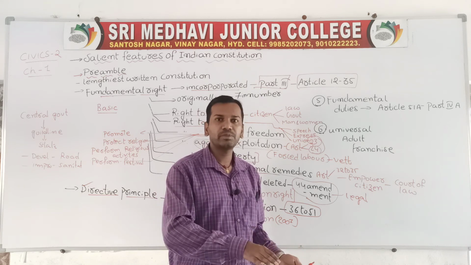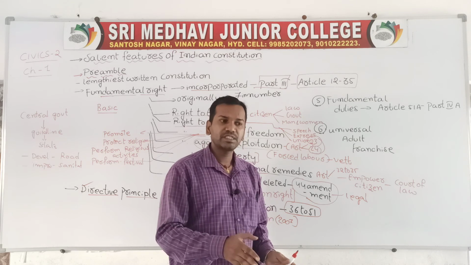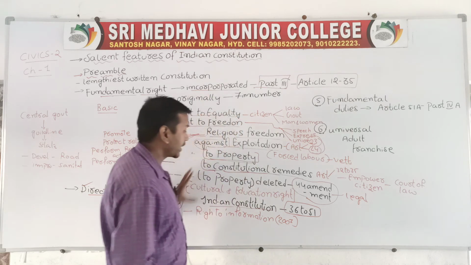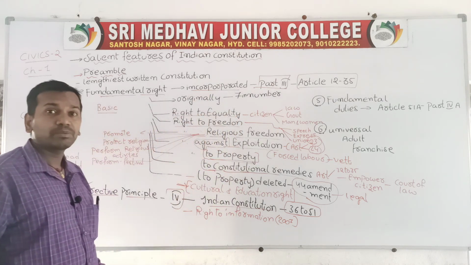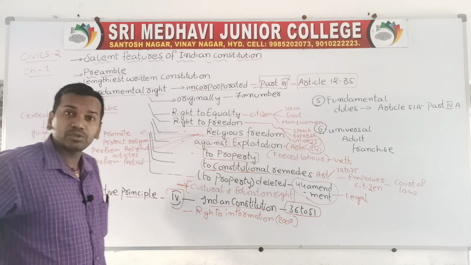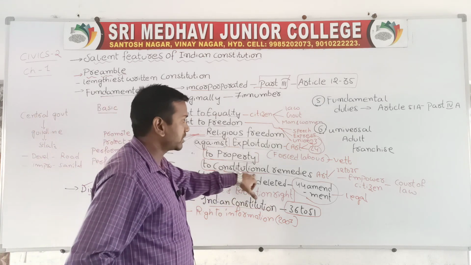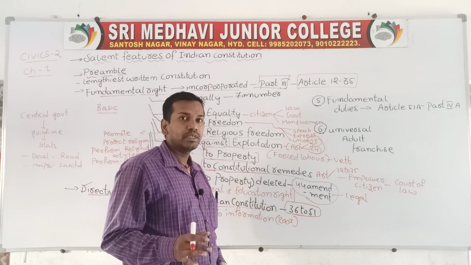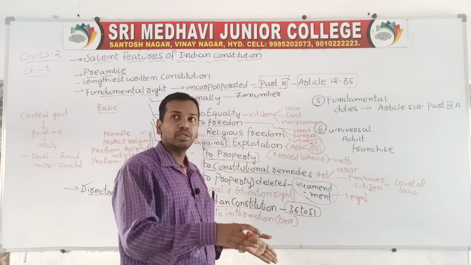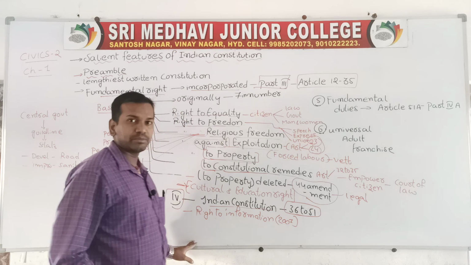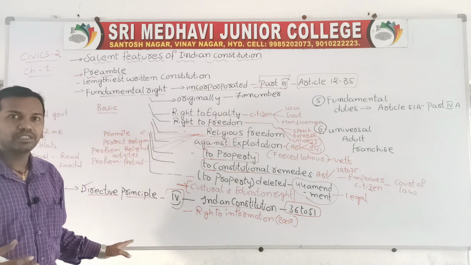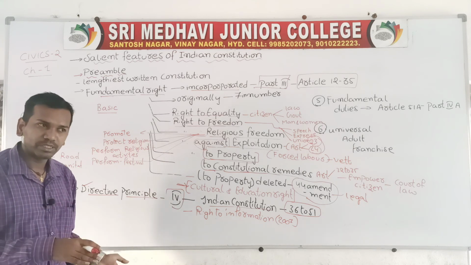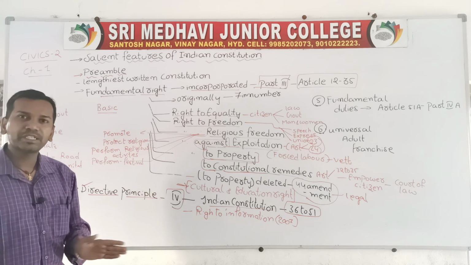Now it depends upon the state government whether to follow the guidelines or not. If the state government has resources, then it will develop. The difference between fundamental rights and directive principles is that in fundamental rights, if you are not getting them, you can go to court. You can approach the court of law according to the right to constitutional remedies we have discussed. Fundamental rights are compulsory; we should get these rights. But directive principles are not compulsory, which means when you are not getting directive principle rights, you can't go to court. For example, schools: in any state where there is no proper school, people cannot approach court. Where there are no proper roads, people cannot approach court.